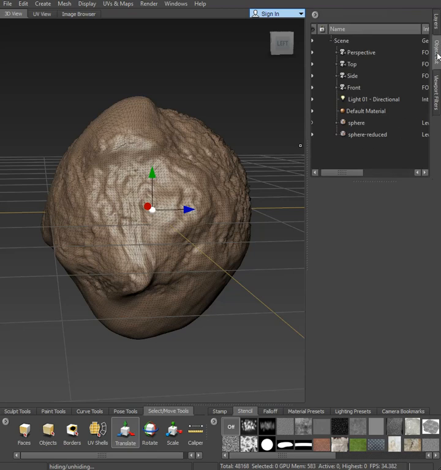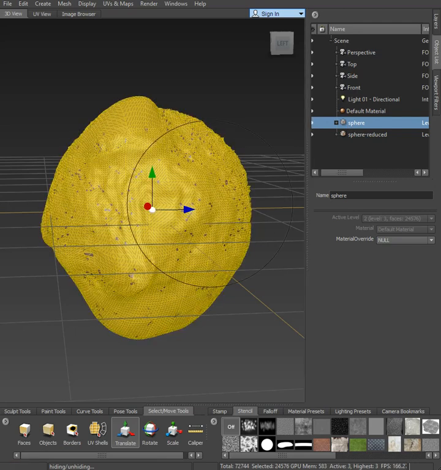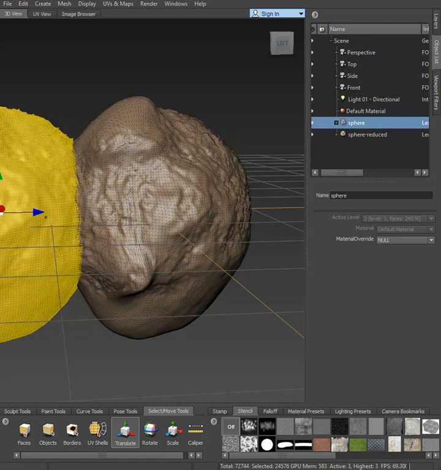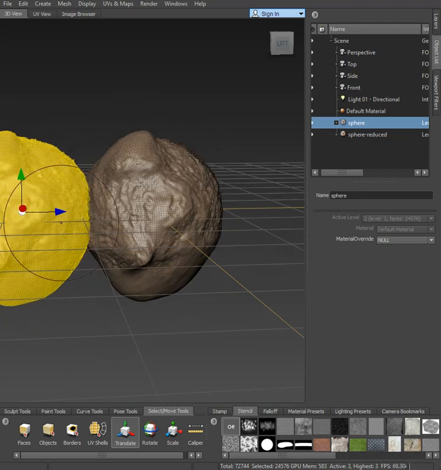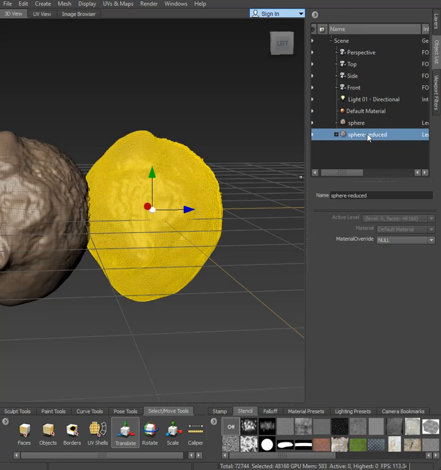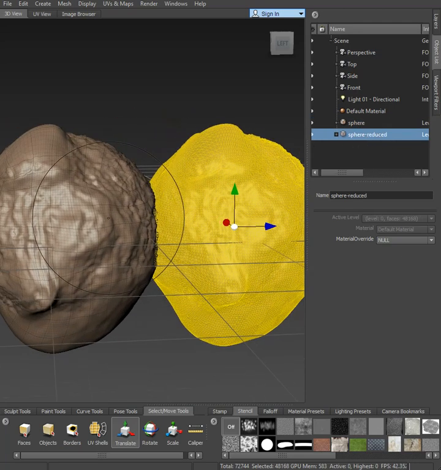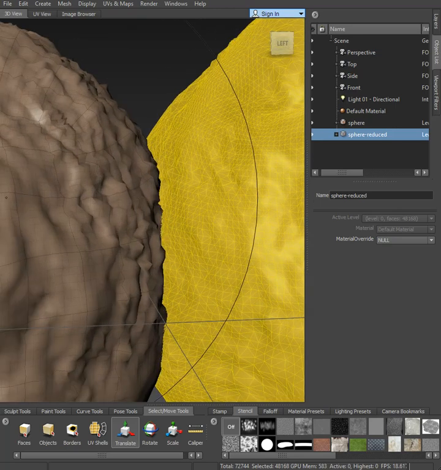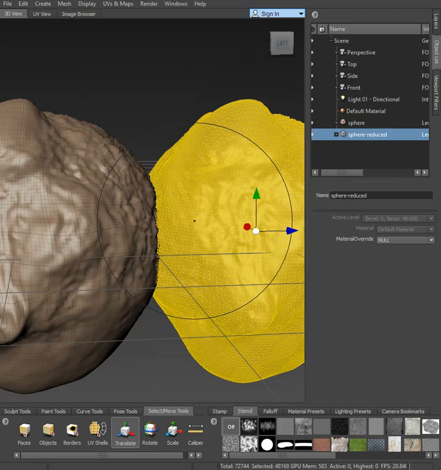And when you go to your object list over here, you're going to see your original sphere that is now hidden, right? So I'm going to move it, using the move tool here, select move tool, translate, so that you see this is the original, and you get your reduced sphere, okay? If we look closer at both geometries, you're going to notice that one has a nice polygon surface, while the other one has triangles all over, or n-gons, and we don't want that. So what we're going to do next is correct that with